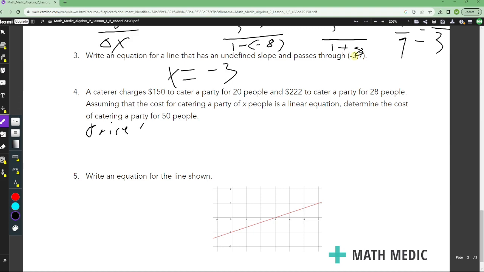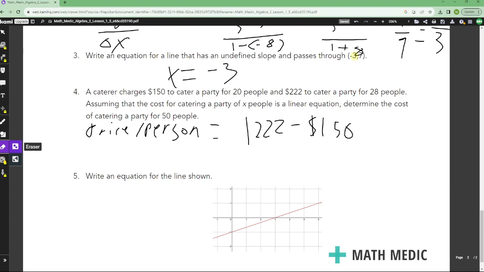So we're going to do $222, which is 28 people, minus $150, and we can really just remove those dollar signs. They're not necessary. 222, 150,